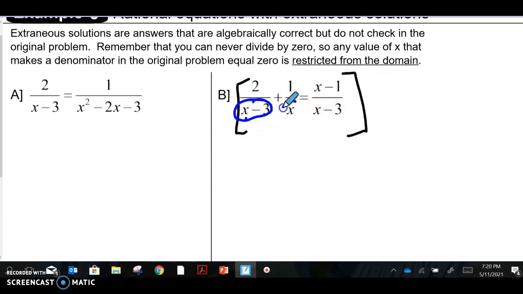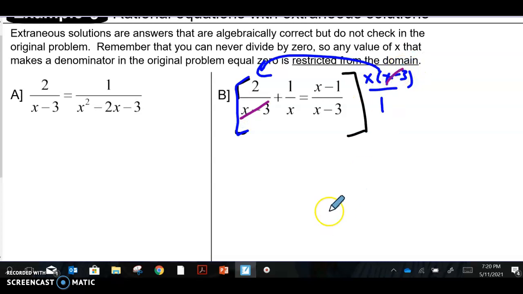I look and I see I have an x minus 3, I have an x minus 3. So the two things I said there were x minus 3 and x. So we'll multiply everything by this. I'm going to put it over 1. When I take this times 2 over x minus 3, can you see that the x minus 3's will cancel? And I just have 2 times x